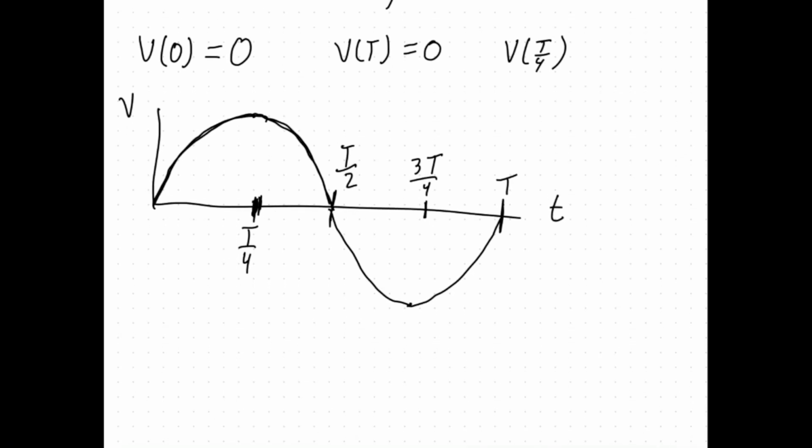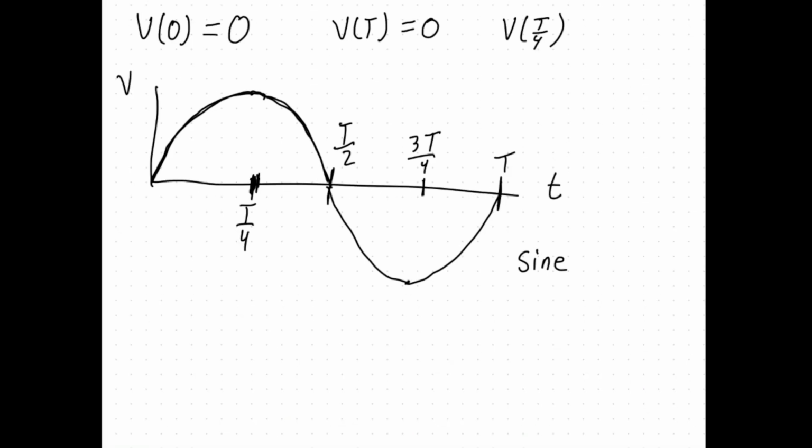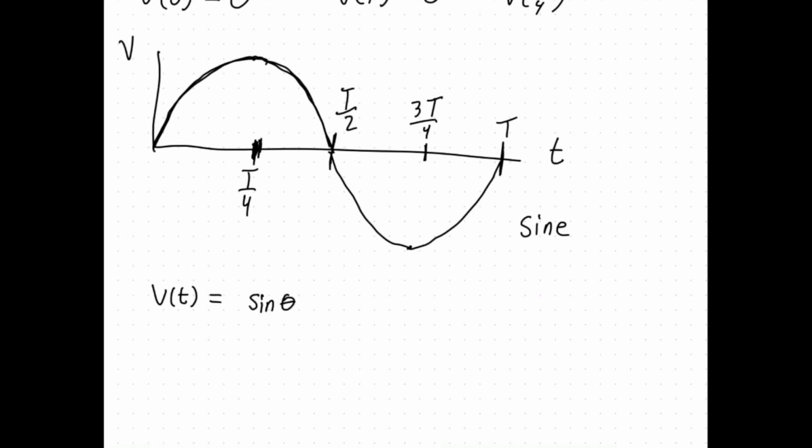So if you see this, you can probably think that this is a sine function, right? And that's true. So what we have is now v of t is equal to sine of theta, just like we started before. Sine of theta, again, only goes between 0 and 1, and so we're going to need to get some way of expressing that maximum velocity. If you remember from the previous video, I said something about a top-down view and a side view